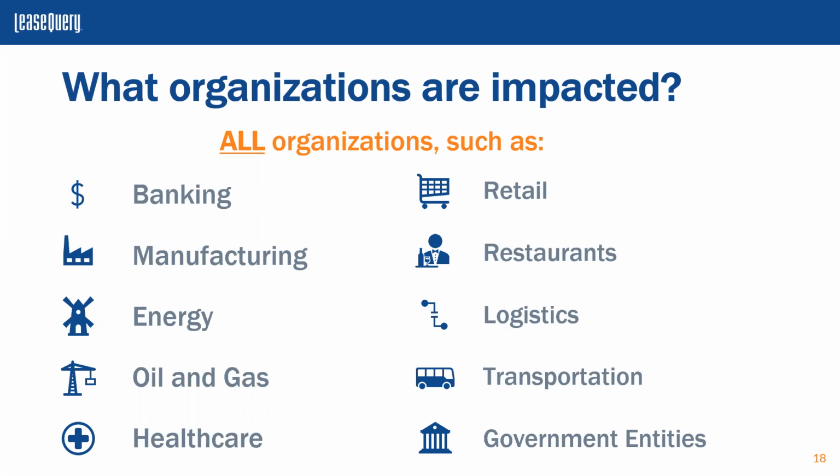Similarly, but different, on the other side of that, a document may read lease agreement at the top, but in practice, in fact, it's only a service contract. So again, it's not so much the title of the agreements as the content. And so when we look at what organizations are impacted, as I mentioned, all. Now, these are just some examples from banking to government entities. When you start to think about it,